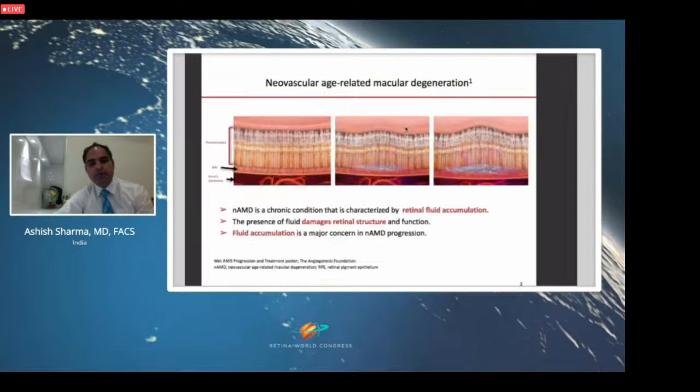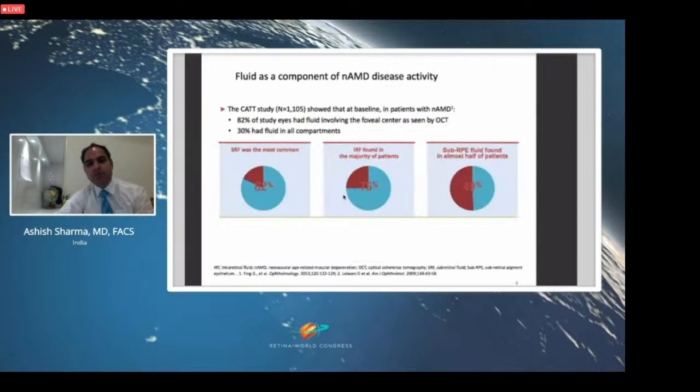So fluid has been closely associated with neovascular AMD, and whether in terms of the diagnosis or treatment or retreatment decisions, fluid has played a very important part. And fluid accumulation, none of us like, because that has been considered the most important indicator of disease activity. And if you look at the last decade, the majority of the trials were dependent on fluid in terms of their treatment decisions, with multiple various forms of treatment